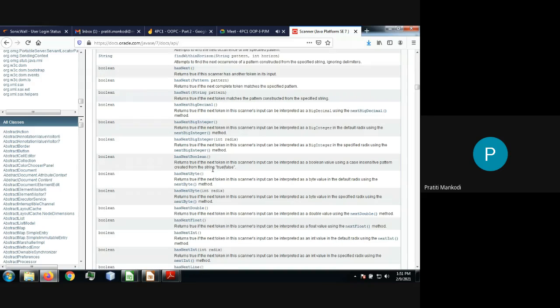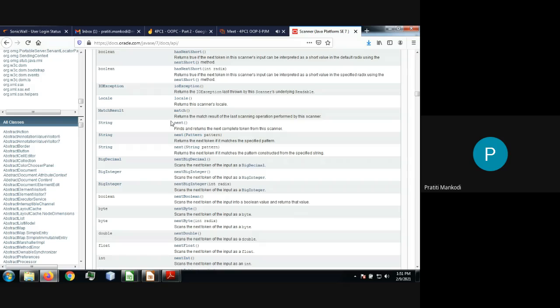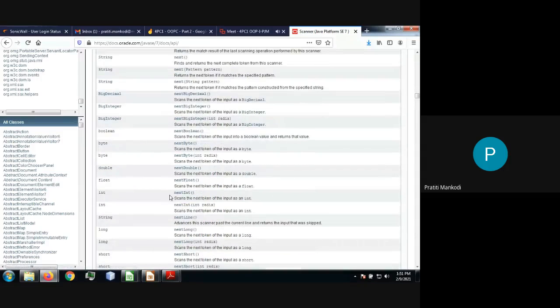See, we have used which method? nextInt, you can say. See, we have used next, then nextBoolean, nextByte, nextBigDecimal, nextBigInteger, then nextInt, nextFloat, nextDouble, right? And nextLine, all these things are available. So if you want to search for any inbuilt Java class or package or utility, you can go to that Javadoc and search it. You will get the syntax, the explanation, and the example also.